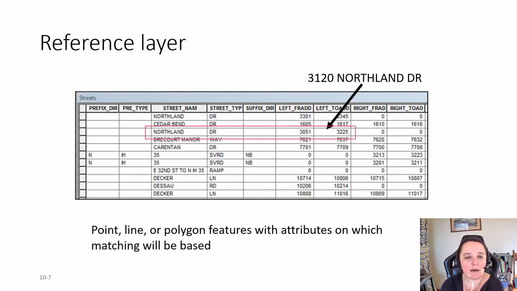Okay, so the other piece that you need to have is a reference layer. And the reference layer, if you look at it in the computer on the map screen, it just looks like the streets of the city or town that you're coding addresses for. But if you look into the table, there's something additional in the table besides just the name of the street, right? And that is, if you look on the computer here,